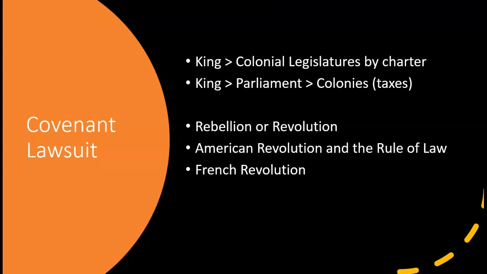The American Revolution respected the rule of law. They had good and sufficient reason for breaking the covenant, breaking the charter that they had, because the king was not acting according to the charter. He was not redressing the grievances. He was subordinating his colonies under Parliament and under the thumb of the British military. And so by charter, we have the right to rebel. So we were respecting the rule of law even as we rebelled against the authority above us.